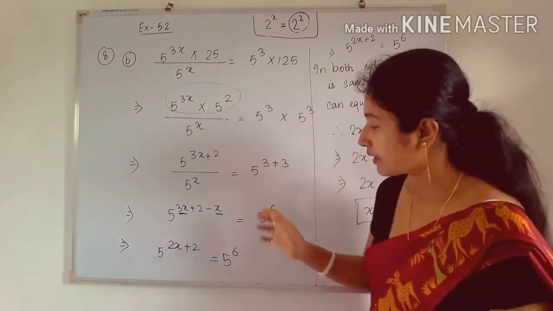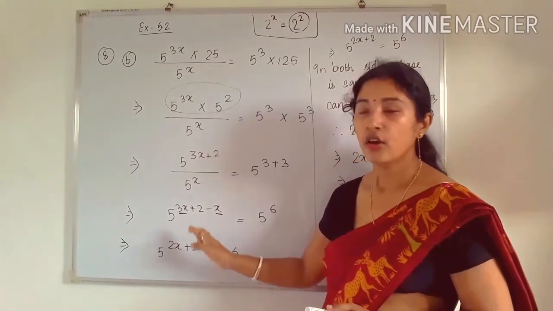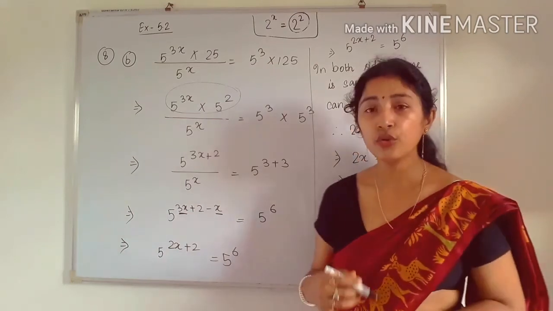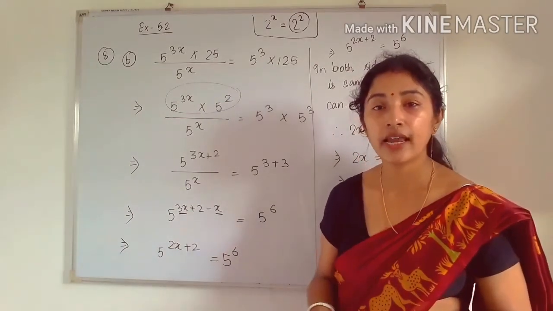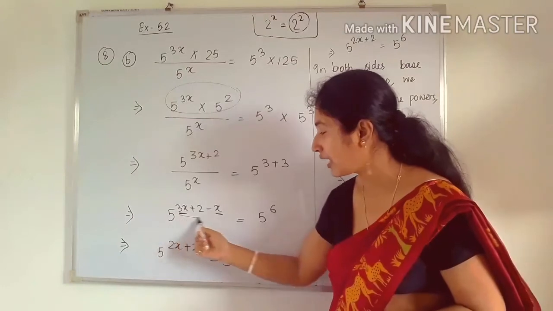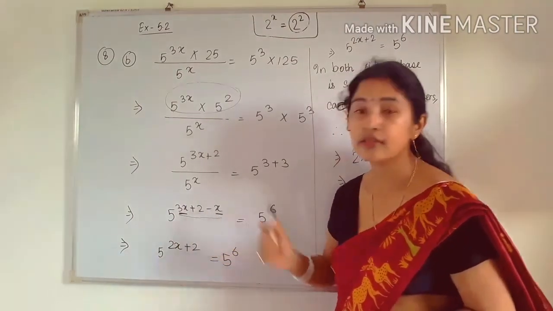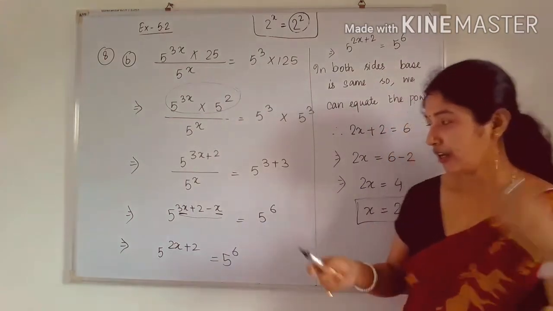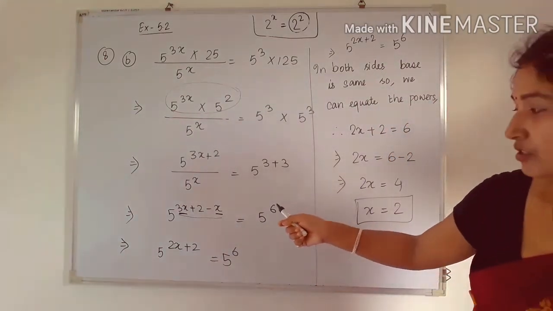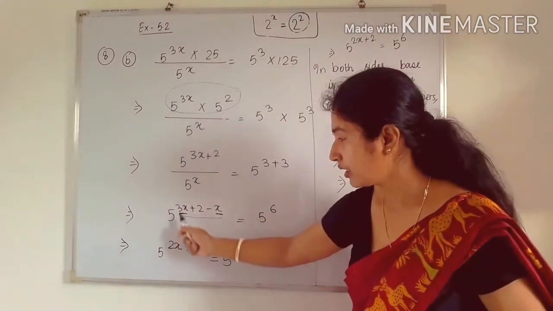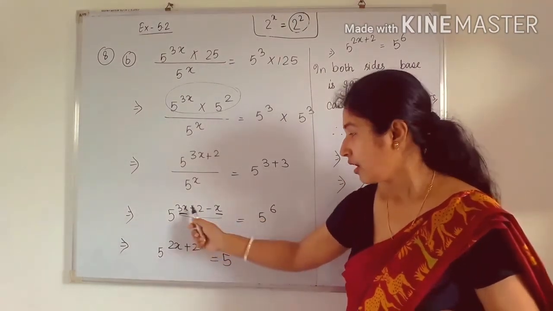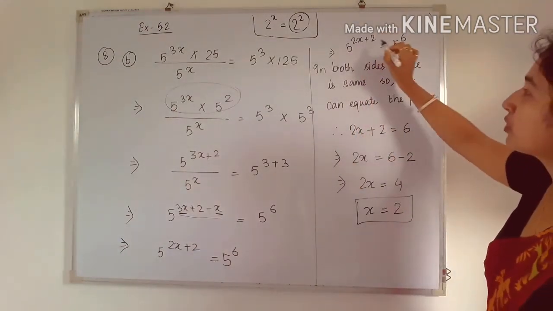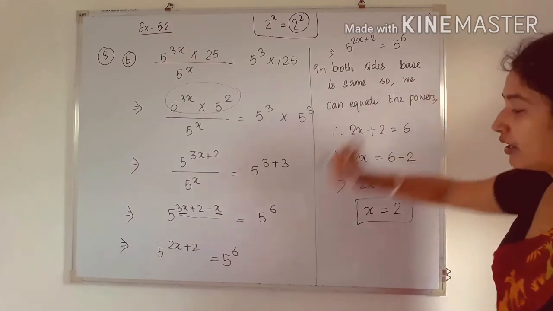Okay. Next, in left hand side part only, we have to solve the left hand side part only. So see here, we can add or subtract the like terms. So here you have to see which are like terms. So 3x and x both are like terms. That means we can solve the like terms. So here 3x minus x will be what? 2x. Okay, 3x minus x will be 2x plus 2. So now I am writing the same number, 5 to the power 2x plus 2 is equal to 5 to the power 6.